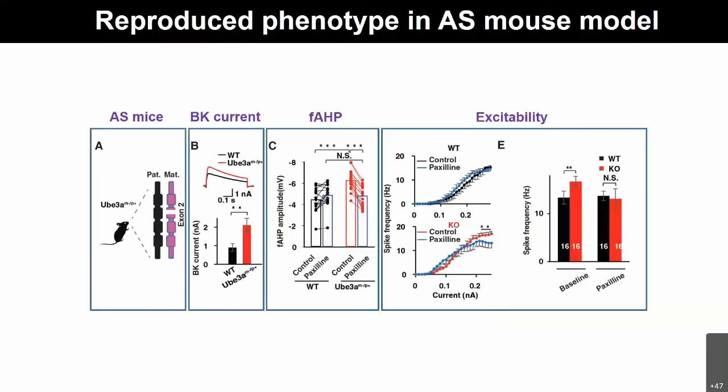So we obtained an Angelman mouse model from University of North Carolina in the States, and then we shipped it over. We first validated that the Angelman mouse, the knockout mice, are prone to epilepsy. And second, we patched and realized, hey, in the hippocampal neurons in this case, there is an increase in the BK current and the AHP is also increased. The excitability of the neurons is also increased. This is again the novel finding. None of the Angelman mouse papers before mentioned this phenotype.